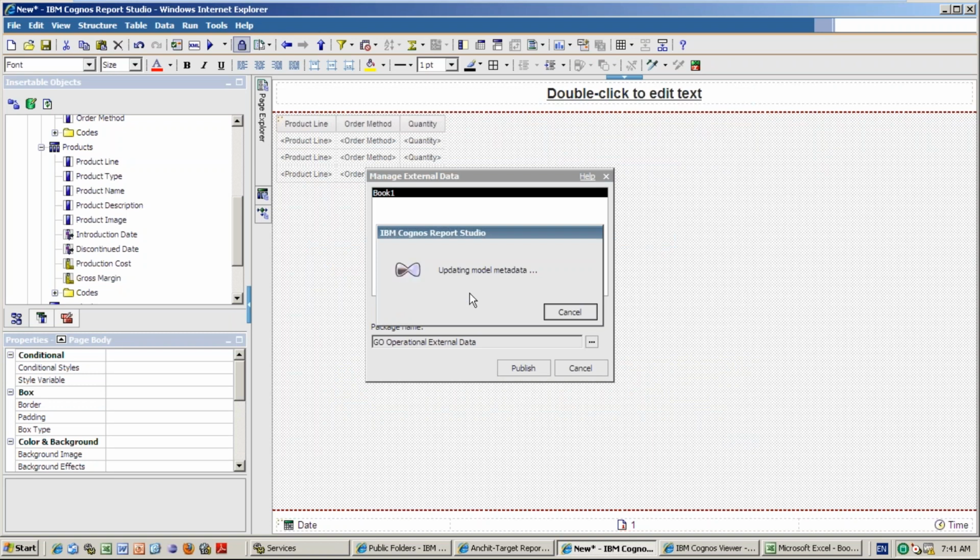So that means now it is coming, Go Operational External Data. A new package will be created. In that, Book 1, those Excel columns also will be there. Then you can drag the columns easily. So within 2 minutes, you are able to take that entire data. But it is not the original approach. It is just a temporary approach. After that, you need to follow as per principles. But yes, you can use any Excel.